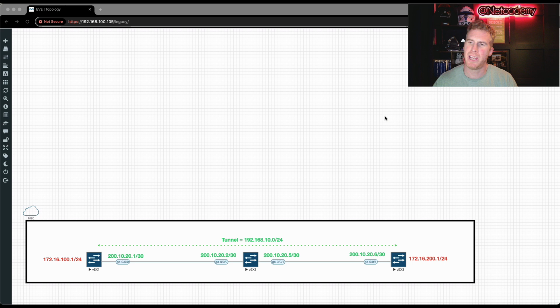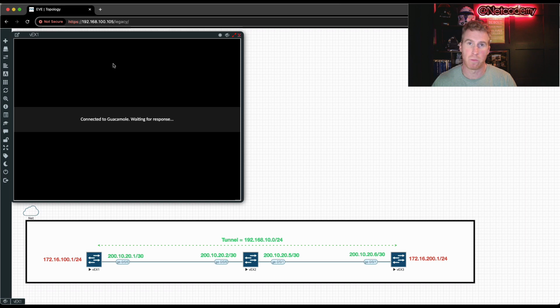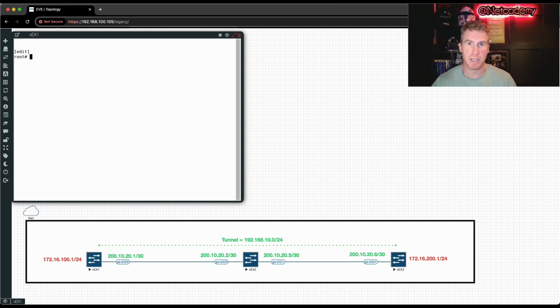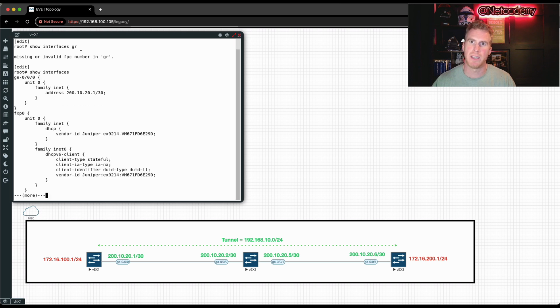Okay, here we go. Here is the lab. Let's configure VEX1 to build the GRE tunnel to VEX3 over the service provider network, that is VEX2. So let's go onto VEX1 just to begin with, and I'm already logged in, and I just want to show you that I do not have any tunnels configured. There's no GRE tunnels configured, and actually if I just do a show interfaces, I've only got the ge-0/0/0 interface, which is configured already for the WAN,